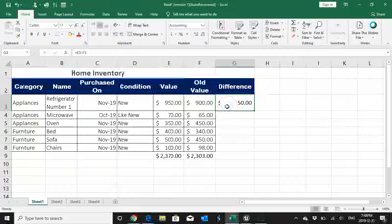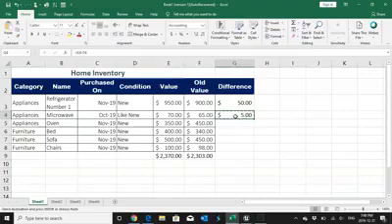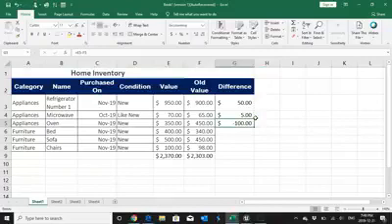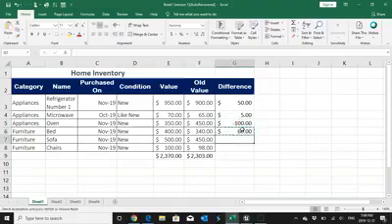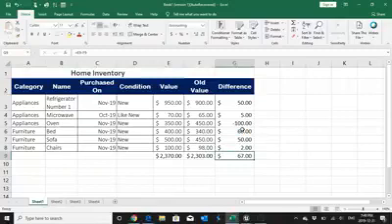In the same way, I'll copy this formula here. Automatically my formula reference has changed from E3 to E4. Again, this is the concept of relative reference. I'll do the same thing here. I'm getting minus 100 because the old value was more. Same thing I'll do here. So the overall difference I'm getting is $67. Okay, so this was the addition, this was the subtraction.